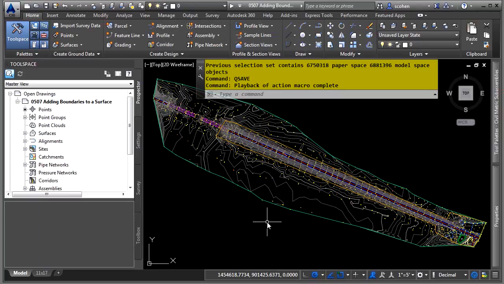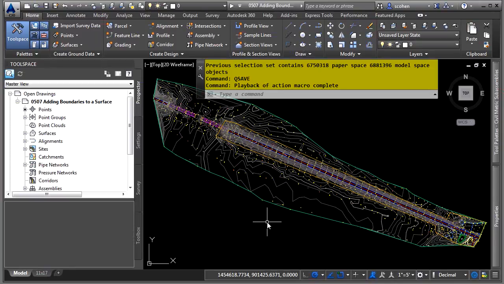A hide boundary is used to hide an area that you do not want to triangulate or show triangulation for. An example of this would be a pond, a building, and so on. A show boundary is used to show the inside of that hide boundary. An example would be, let's say you were designing an island in the middle of a lake or a pond, and you could actually show the outside where the land is, hide some of the pond, and then show the